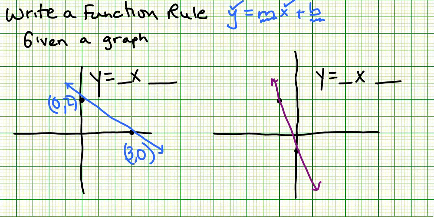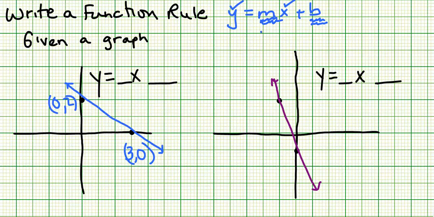Those are the only two things that you need to write a function rule. You need to know the slope. You need to know the y-intercept. I left the equation up there because it's the same. The y and the x, they're going to stay put. That's why I have them checked. They don't move. And it's the m and the b that we have to find. If you remember, m is the slope,